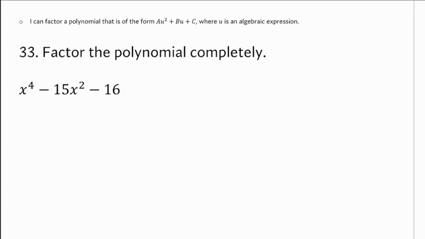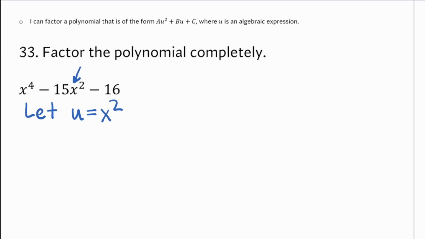Yes, here we are. And so typically I say let t equal x squared. You can say let u equal x squared. It doesn't really matter. But when I look at this, you might not think of how to factor x to the 4 minus 15x squared minus 16. But if you made a change of variables and said let u equal x squared, okay, then you'd have,